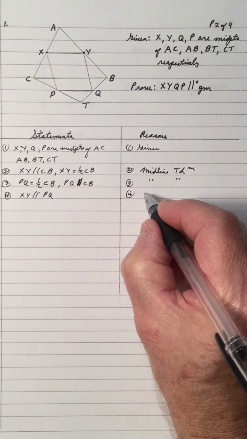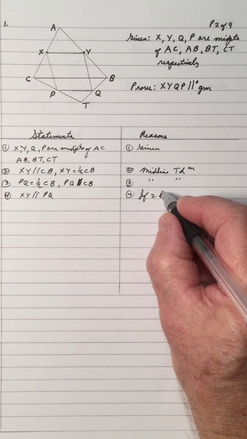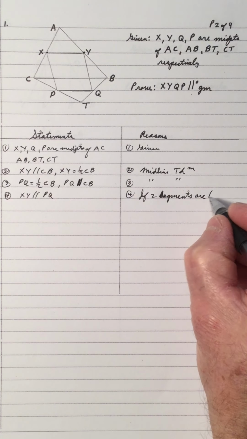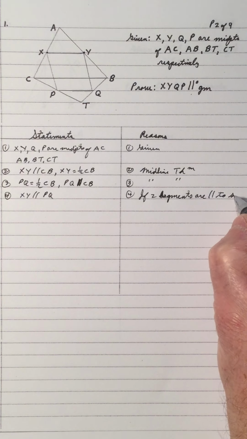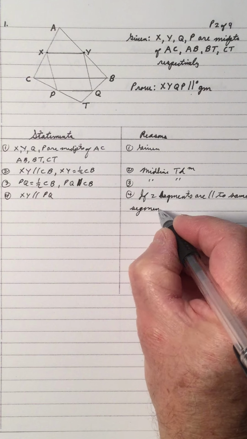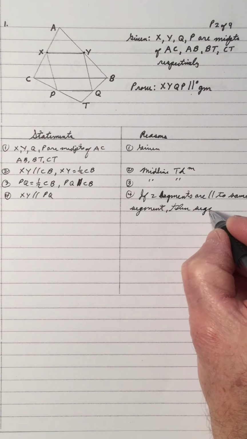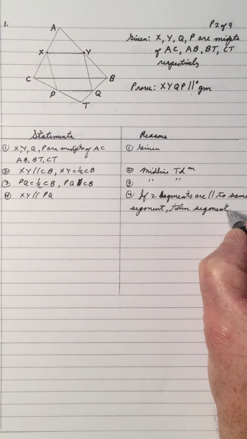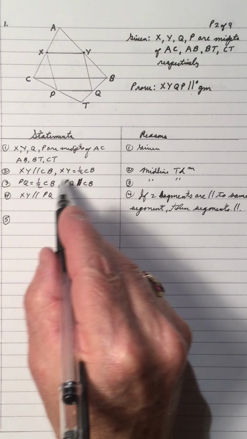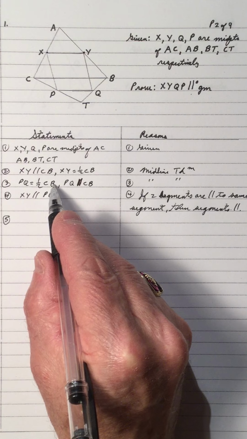And the reason: if two segments are parallel to the same segment, then the segments are parallel. And number 5, notice that we have XY is a half of BC, PQ is a half of BC,